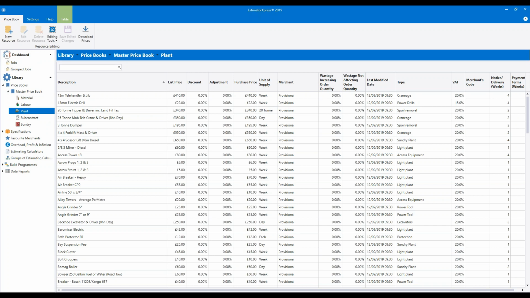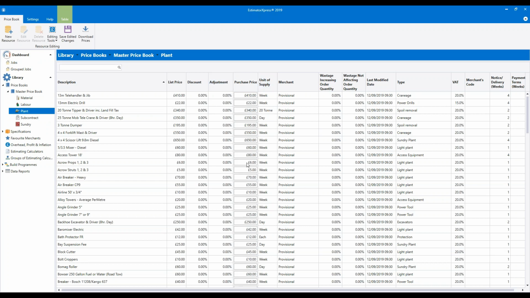So it's important to note that plant prices are not kept up to date by HP Excel Price Tracker Plus. To edit the prices in here, it works just like in the other sections of the price book. You would go to the Editing Tools button and click Edit Prices. So what I'd like you to do is just have a quick look down the list, and we're going to go through and adjust several items. There are some really crucial ones that I want to draw your attention to.